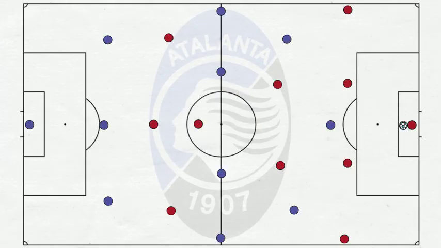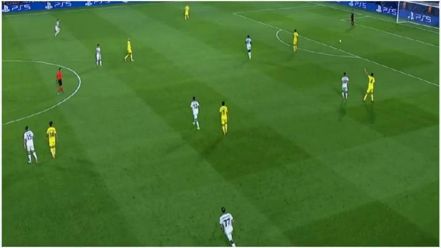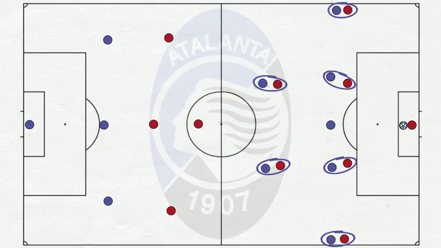Out of possession, Atalanta adopt a man-for-man system, not too dissimilar to Leeds, which United have had huge success against. We can see Atalanta's man-for-man approach in this screenshot. When playing against Leeds, United simply use Fernandes to pull the lone single pivot out of position, opening up the centre of the field for United's midfield runners. That won't happen against Atalanta because they play with a double pivot,